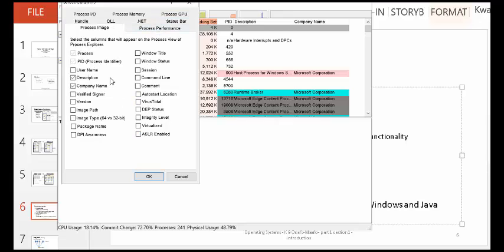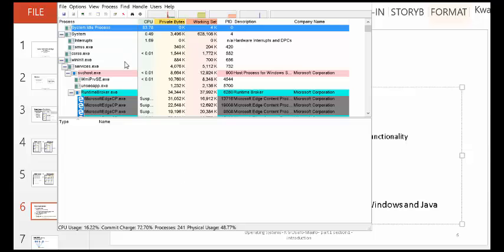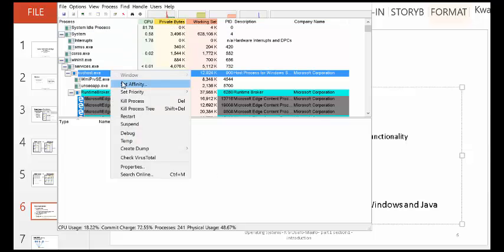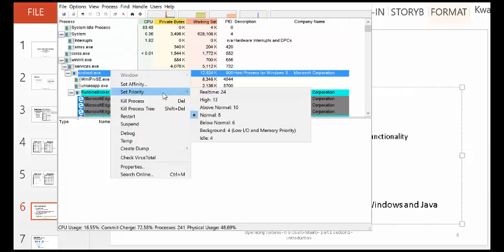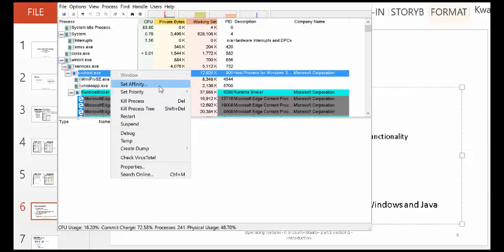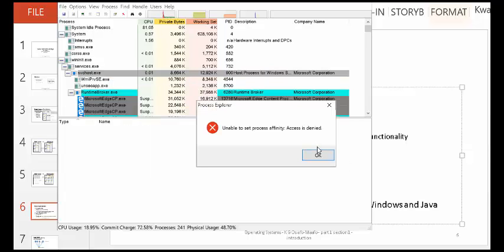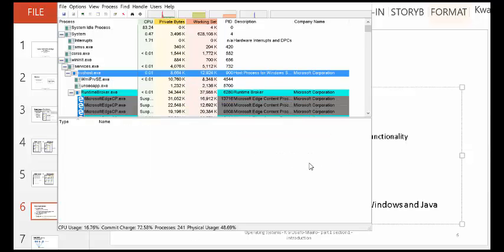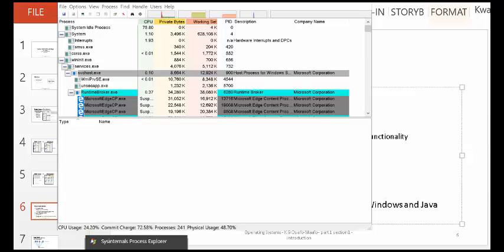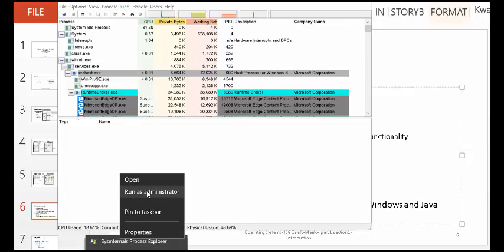Okay, this one doesn't show which processor it's running on. There are some versions of this which show which processor it's running on. There is affinity. Okay, set affinity. Oh, why permission denied?